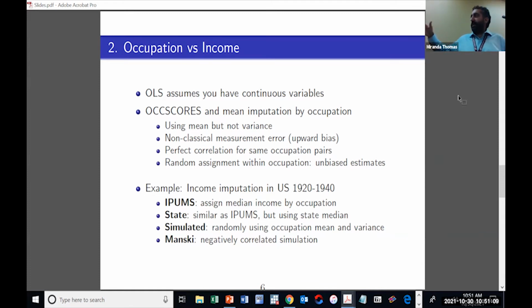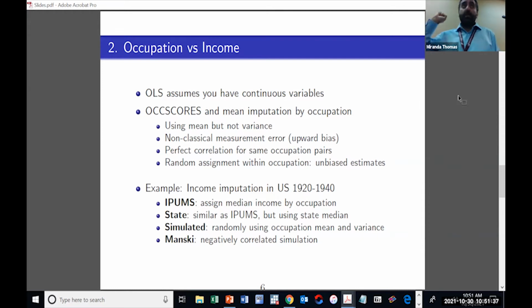So we did the same thing with IPON, but instead of looking at the distribution of the whole US, we look at the distribution of occupations by state, and then we assign those. We want to see that the difference is small, but maybe in their sample, in other samples, there are bigger differences across space. But both of them are going to have this feature that there is no difference across time, right? Because we're just fixing different occupations. So the first one doesn't have any difference across time or space. The second one has difference across space, but not across time.